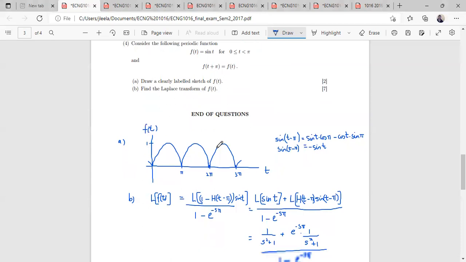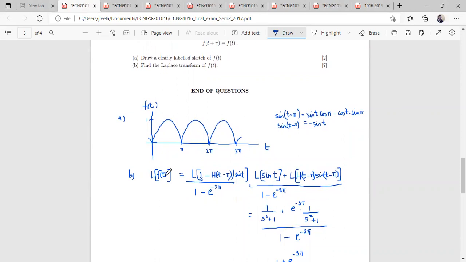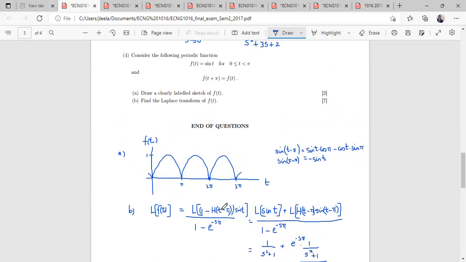And now you want to find the Laplace transform. So you take the Laplace transform of the function over one period and you divide it by 1 minus e to the minus s times the period, and the period here is pi. So remember you have to find the Laplace transform in terms of the Heaviside function. So this will be 1 minus h(t minus pi) times sine t, which is sine t times h(t minus pi). And we know that minus sine t is sine (t minus pi), because you have to write the t here in terms of the Heaviside, t minus pi. So it means that sine t will be minus